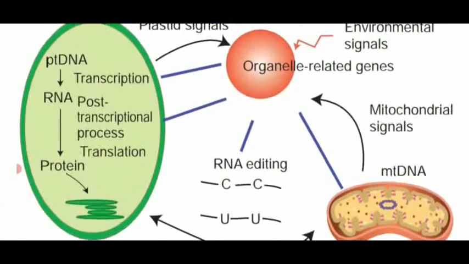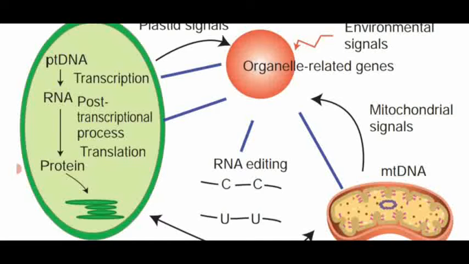Dear students, see the chloroplast. They are known as ptDNA. So what is the ptDNA? That means plasmid. Chloroplast is the plasmid, isn't it? So ptDNA, or transfer DNA. Transcription takes place inside the chloroplast. DNA is modified into RNA by a process known as transcription. That means DNA produces the RNA. We already saw this in the transcription process.